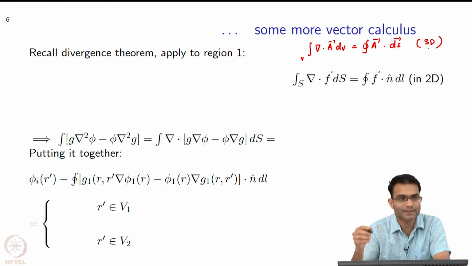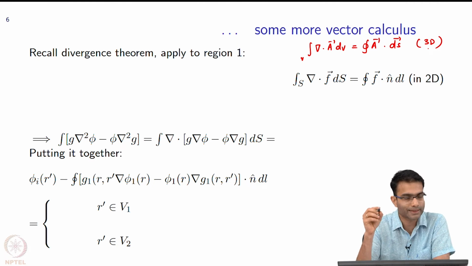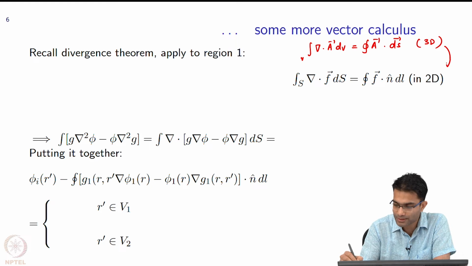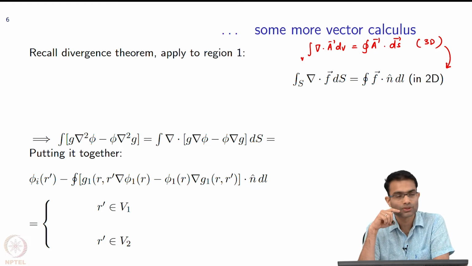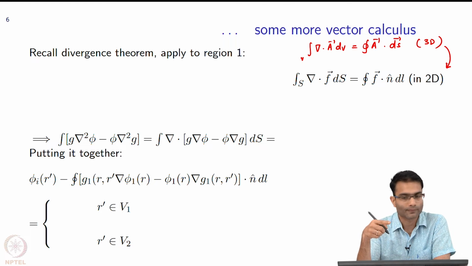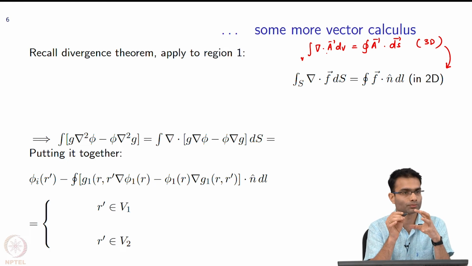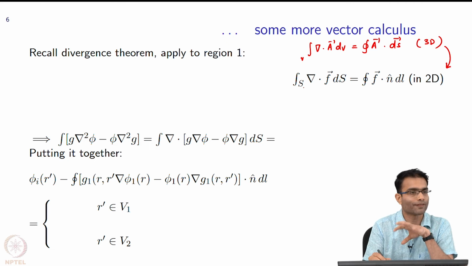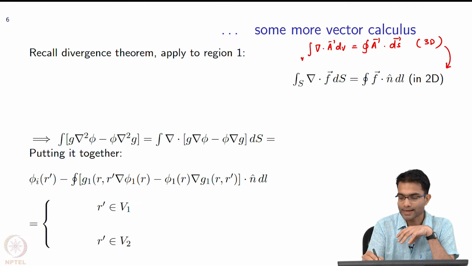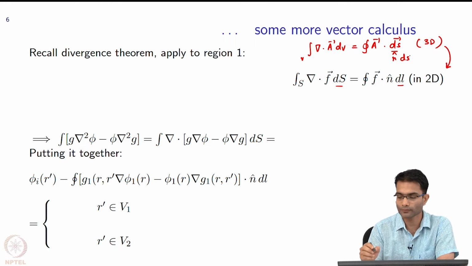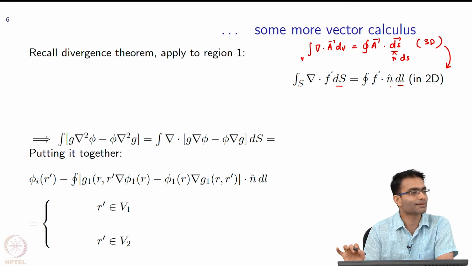Okay. Since our problem is actually 2D, not 3D, the divergence theorem gets simplified in 2D as follows. I have to drop one dimension. This volume was a closed, finite volume. It will become a finite surface, dV will become ds, and ds will become dl. And remember, this ds was nothing but n hat ds. So, this is your divergence theorem